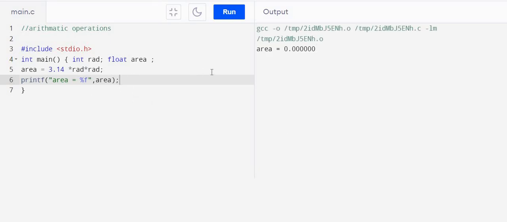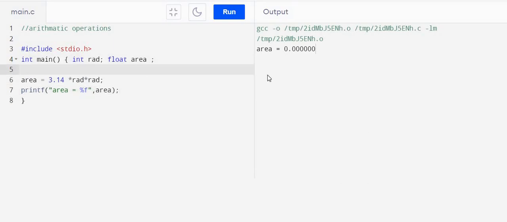We have to give the value of radius. We have to scan it. So printf, when we don't give any value, it has assumed 0 value. Printf enter radius. Enter radius.